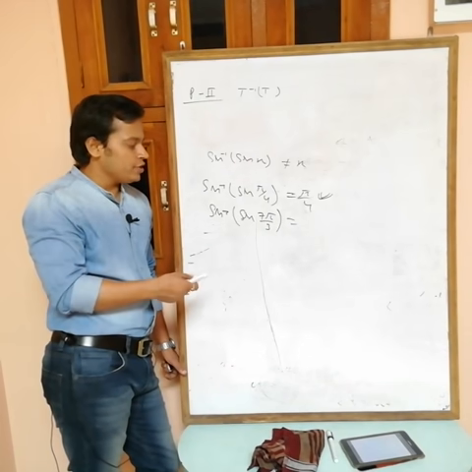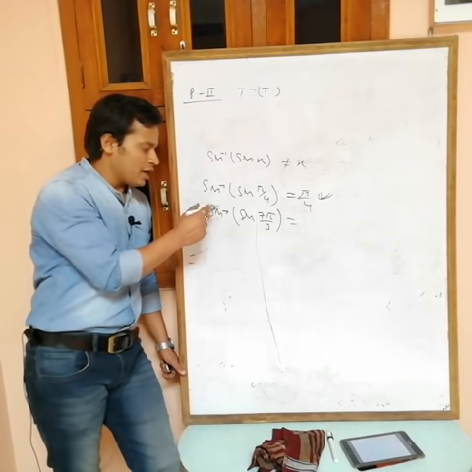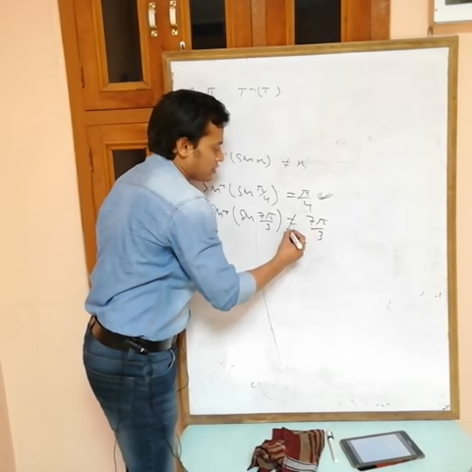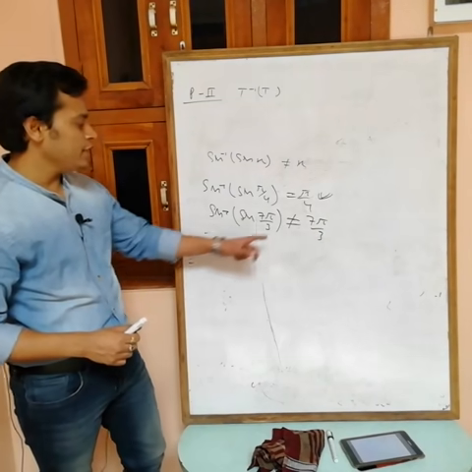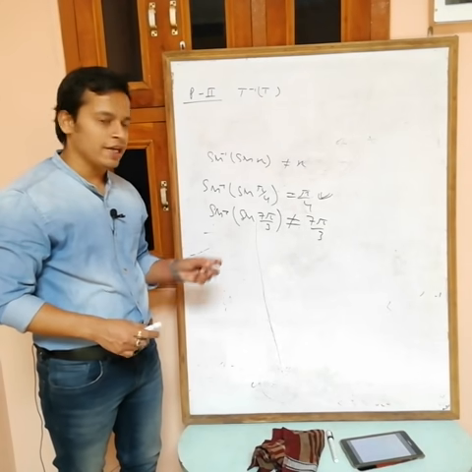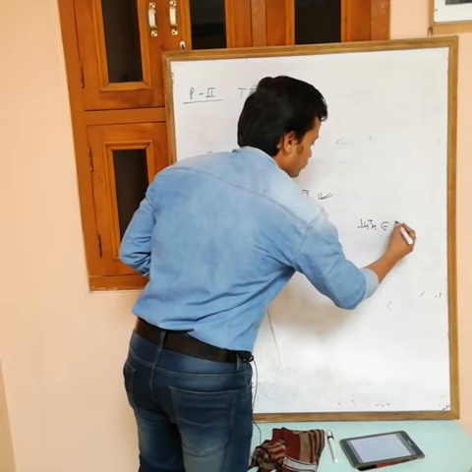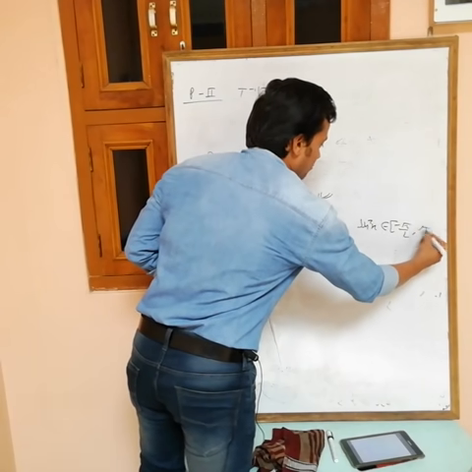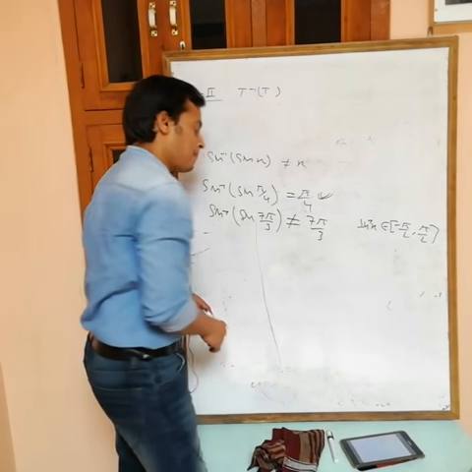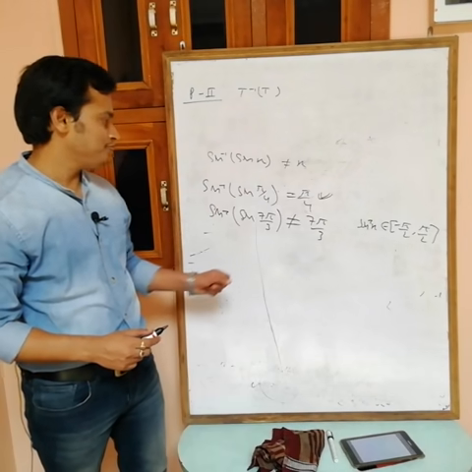Now, if you suppose that in this one also I am doing the same thing, sine inverse and sine cancel out, and we are getting 7 pi by 3. Now this is not correct, because at the end this is the value of sine inverse, but the range of sine inverse is minus pi by 2 to plus pi by 2, not the value of x, the value of sine inverse x complete, okay? And this is not in the range of sine inverse x.